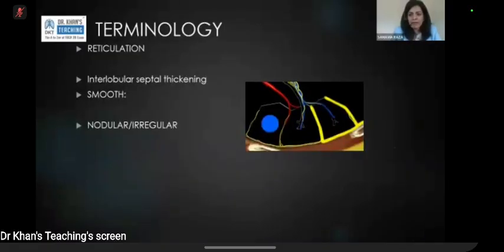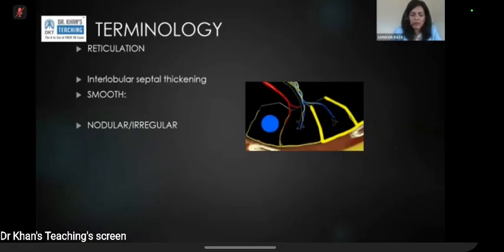It can be thin lines, thick lines, small ones, big ones. So most commonly it represents interlobular septal thickening. Interlobular septal thickening just means thickening of the space between two lobules of the lung. Just based on what sits as a normal structure in that space can tell you what it would mean for